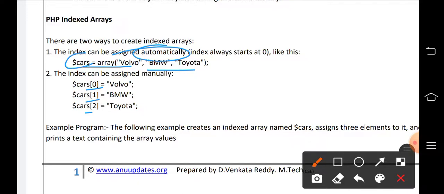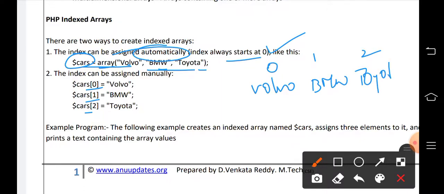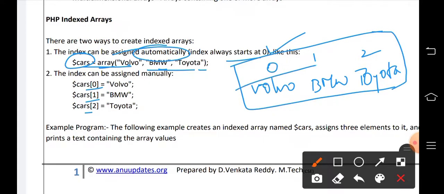Here cars is of array type, and we are storing 3 values. The index will start automatically: 0 means Volvo, 1 means BMW, and 2 means Toyota, and this will be stored in the memory location. Automatically the index will start from 0.